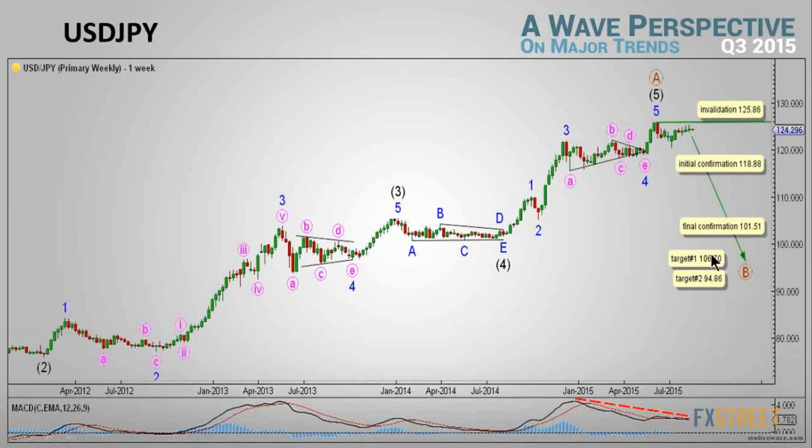We have two targets for the completion of wave B maroon, and we should expect dollar yen to find support near 106.70, as at that level wave B maroon will reach 0.382 the length of wave A maroon. If exceeded, then we should expect the yen to find support near 94.86, as at that level wave B maroon will reach 0.618 of wave A maroon. We should understand that these targets are long-term targets for the dollar yen. Moving on to the daily chart to provide more midterm targets,